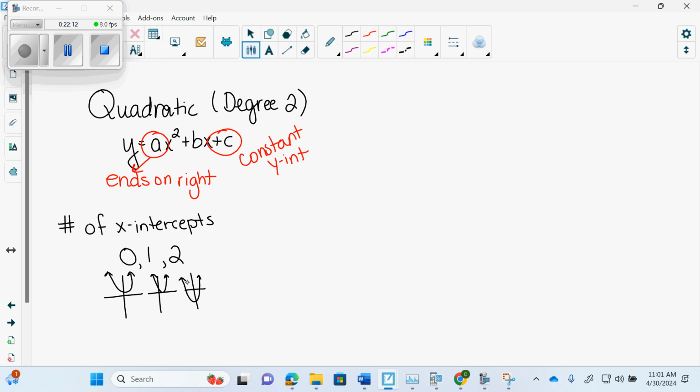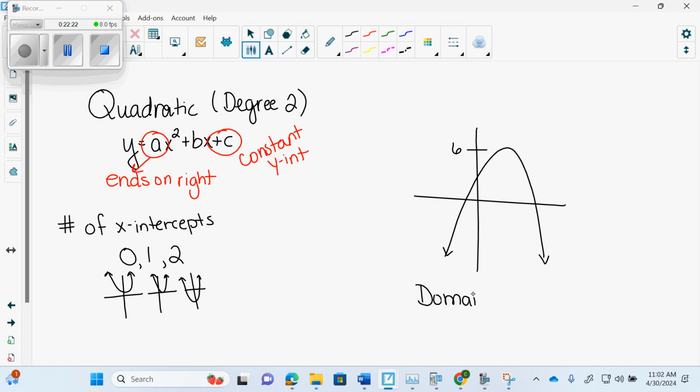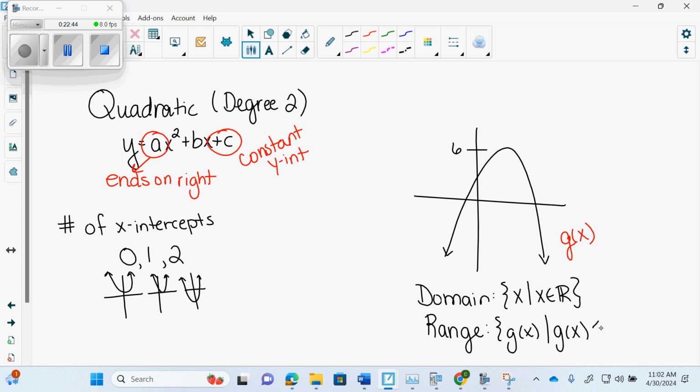Now, if this is the function I'm looking at, what's my domain? And I'm going to tell you, this graph is actually the graph of g of x. Ooh. So what's my range? And then g of x is an element of the